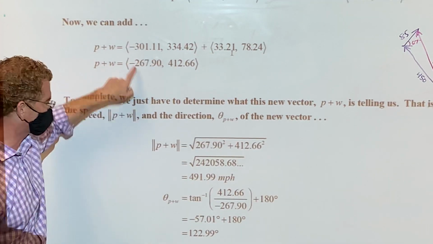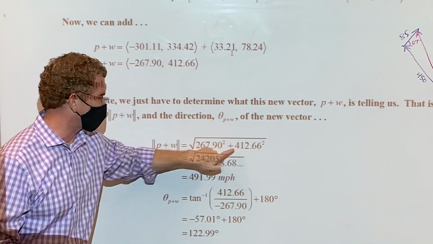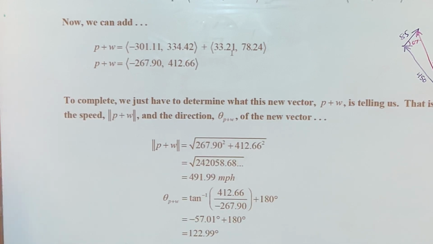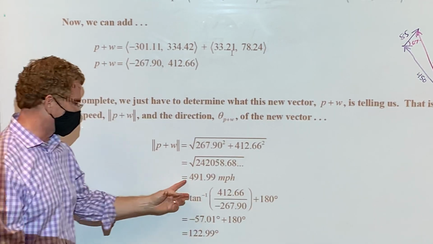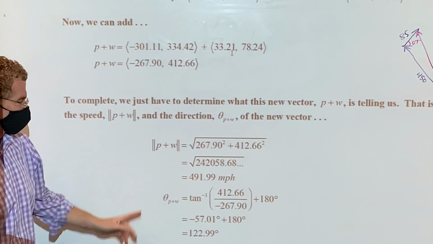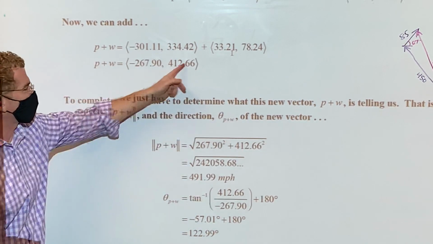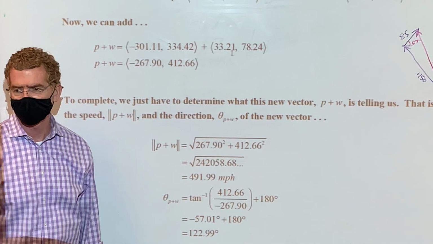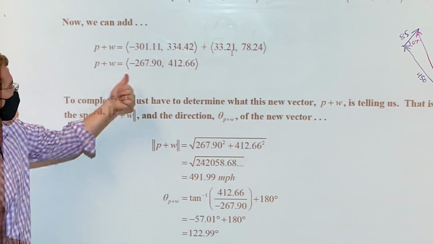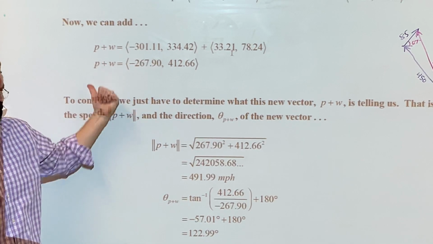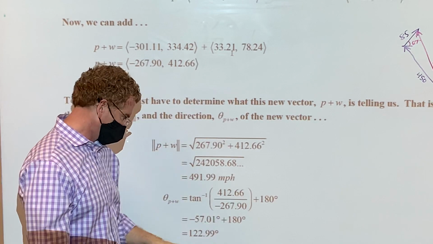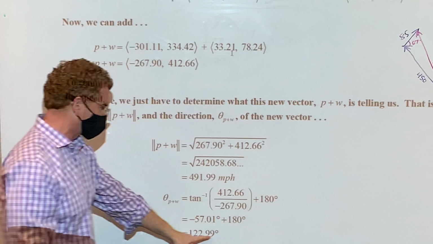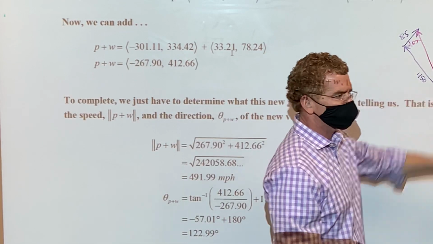So, back to my result. I take that and square it. I take that and square it. I add it together and square root it. So it turns out I'm actually going faster than my speedometer was. I'm actually going 491.99 miles an hour. And for the direction angle, inverse tangent of y over x, which is going to give me negative 57, but why do I have to add a 180? Because I went left, which puts me in the wrong quadrant for tangent to answer that question correctly. So I add a 180. So it turns out I'm not actually going at 132 degrees, I'm going at 122.99 degrees as a direction angle, and I'm going